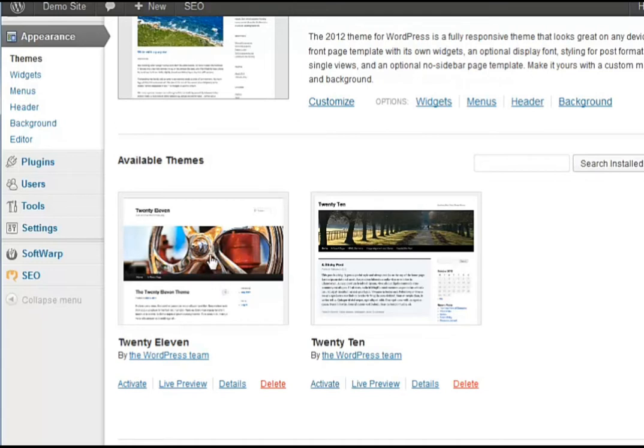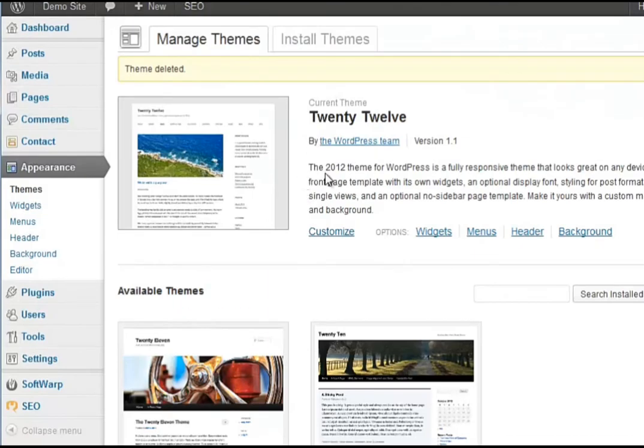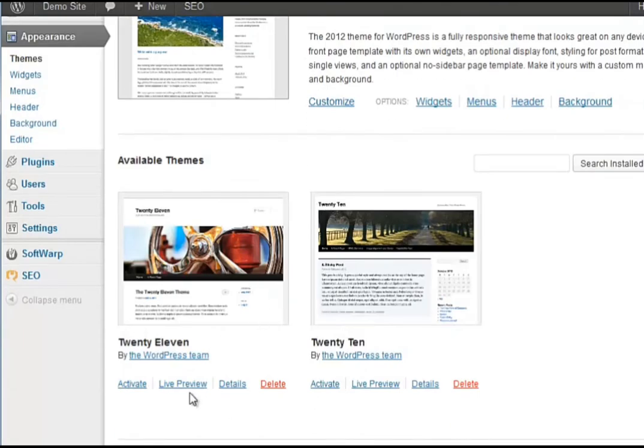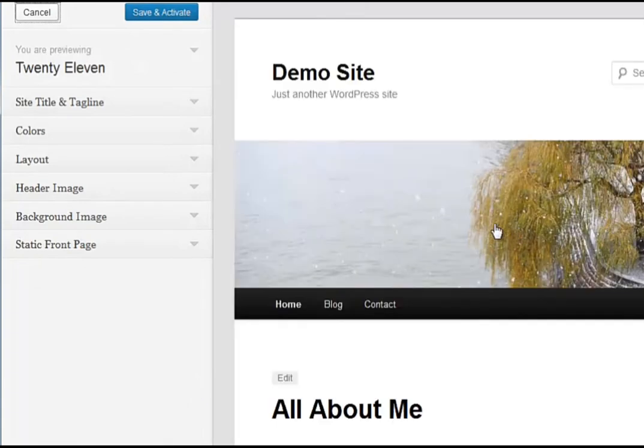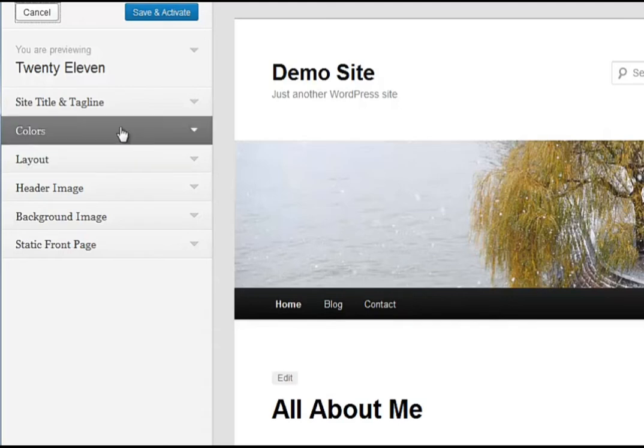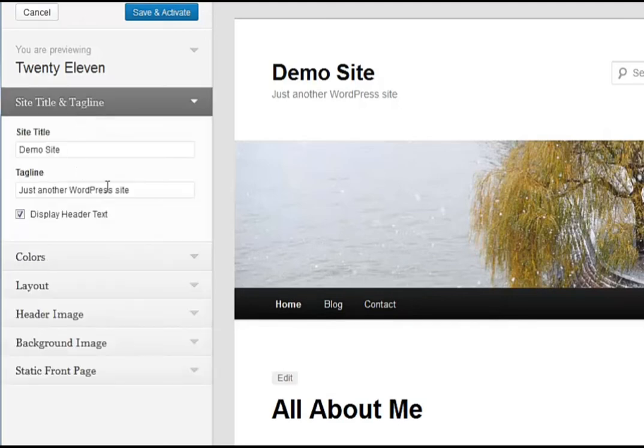If it's gone straight to version 3.5, you won't. You'll just have the 2012 theme, the one that they're happiest with recently. But any other installed themes, you can click on the thing that says Live Preview, and it does what it says on the tin. It gives you a preview of what the site would look like, and basically all that's done is change the header. But you can also change the tagline,